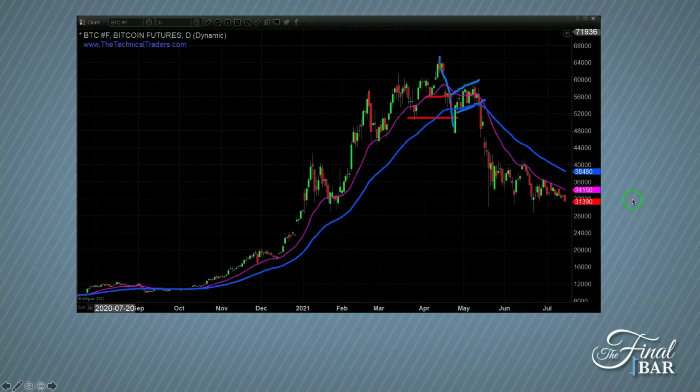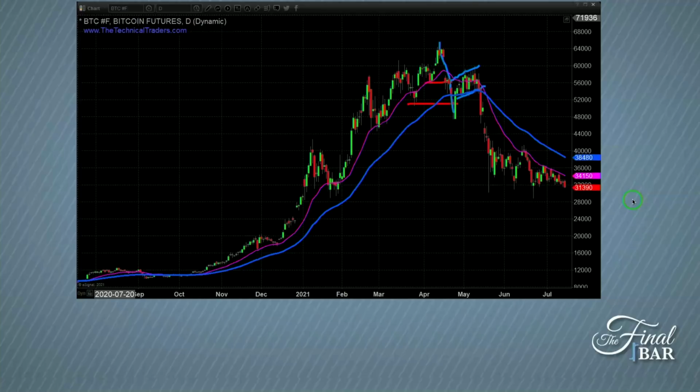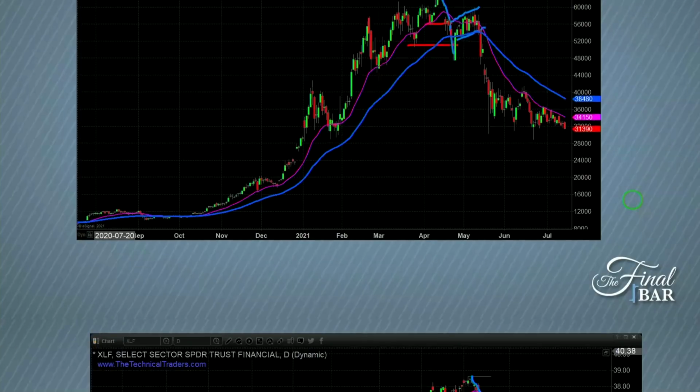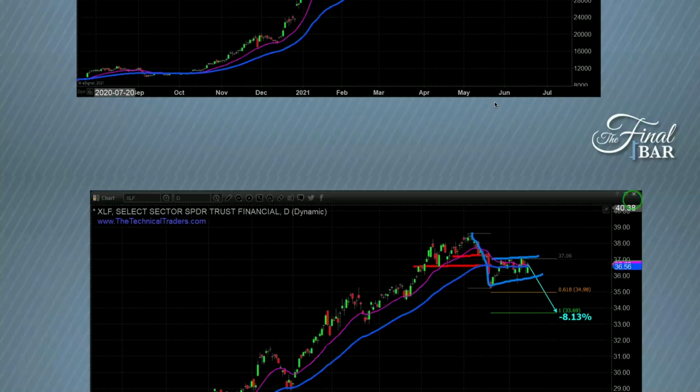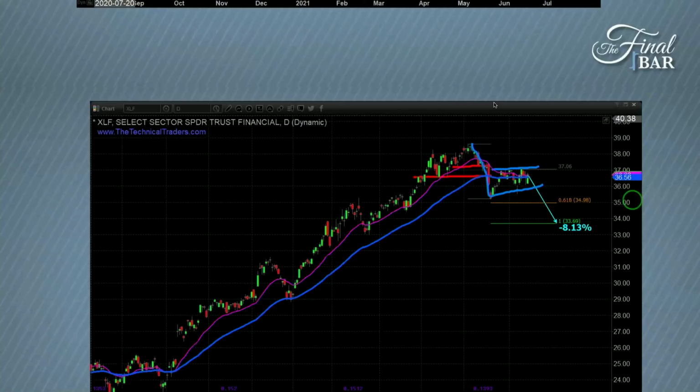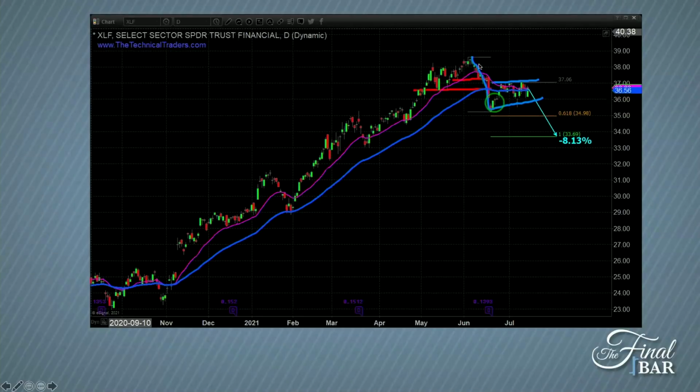Now, the second chart that I have there is the XLF, which you just talked about, and it actually has a very similar type of chart pattern over the past 6-8 months. We've broken 2 previous support levels. Price is now struggling at that 20 and 50 day with a bearish pattern, a bear flag pattern. And if we were to get a break to the downside, then we're going to see about an 8% haircut